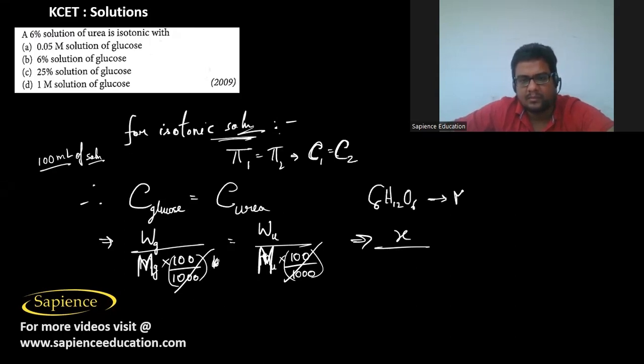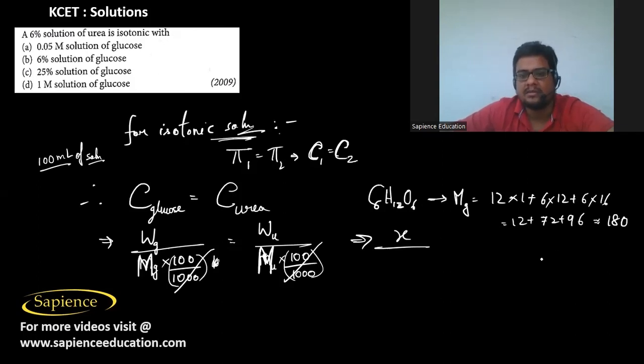For hydrogen it is 1, so 12 into 1, plus for carbon it is 12, 6 into 12 is 72, plus 6 into 16 is 96. If you solve it, we will get 180 gram. So x by 180, that is equal to the